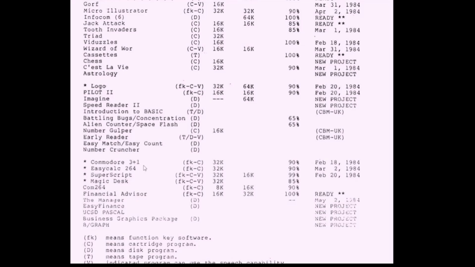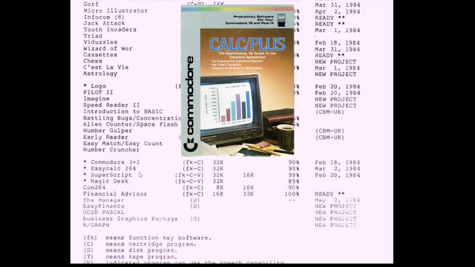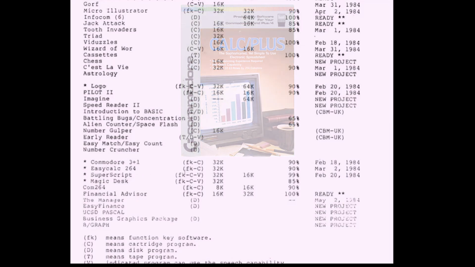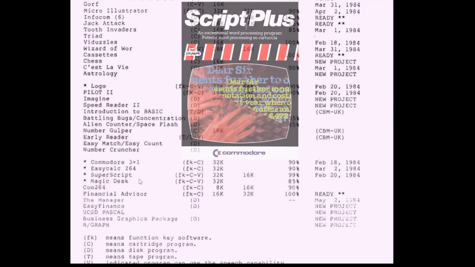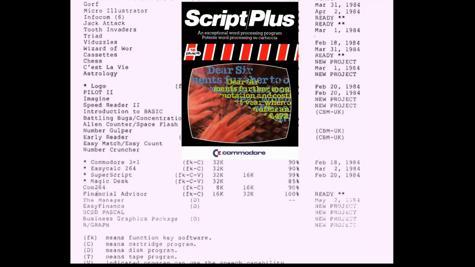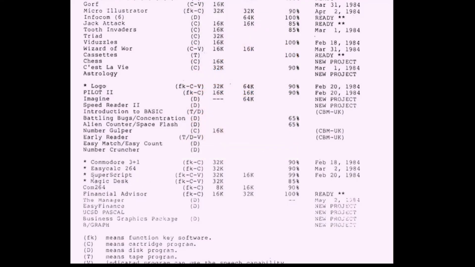Commodore 3+1, this is the classic ROM software which gave the name to the Commodore Plus4 with the 3+1 software package. EasyCalc was planned as ROM, was released as cartridge. Superscript was also released as cartridge. These are really nice software packages, productivity software packages. Magic Desk was not released